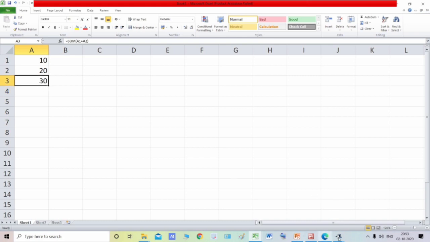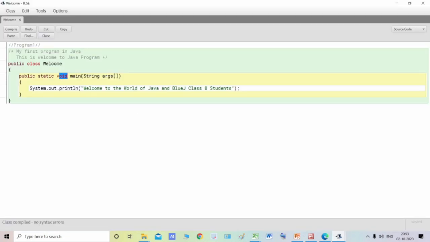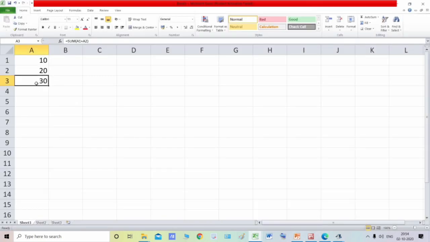In the same manner students, over here also, this is the main method or the main function. Just like this, sum is a function or a method to add these two things, right? If I type a comma over here, I am telling that whatever parameters or arguments are inside these brackets, it is going to be summed.